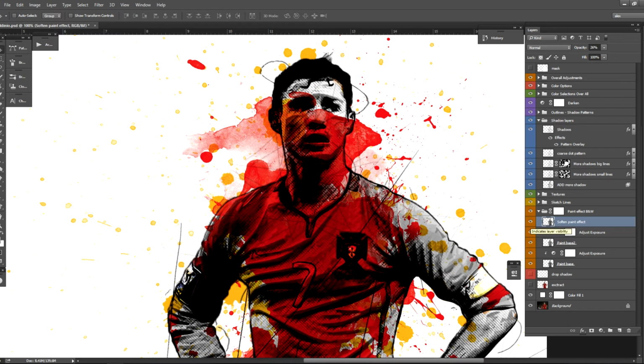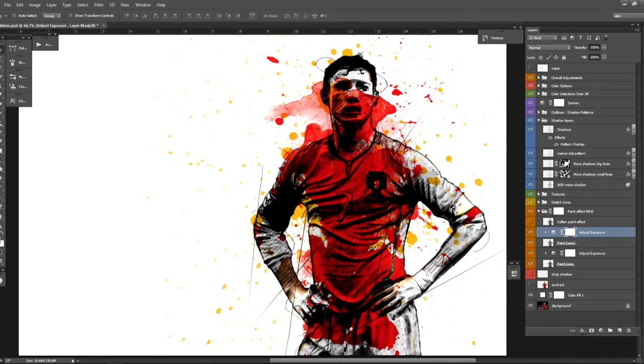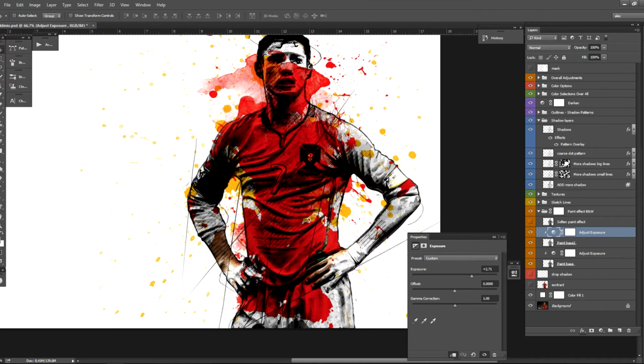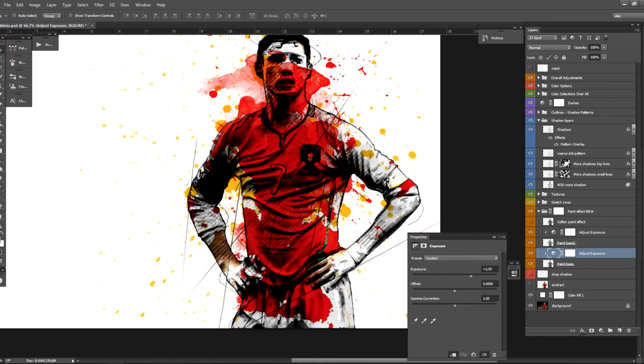On this design I will close this one and let me go to the layers underneath. Those two layers are carrying a clipping mask exposure filter, so if I double click it I will increase the exposure on this one, so this will help my image to keep the more darker areas and leave more white areas.